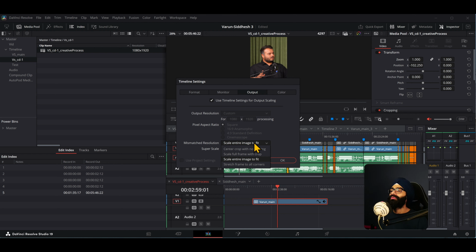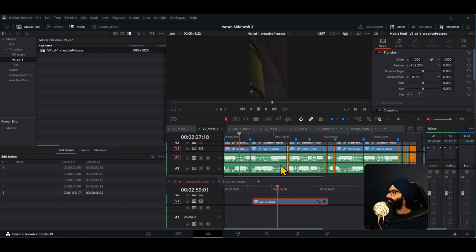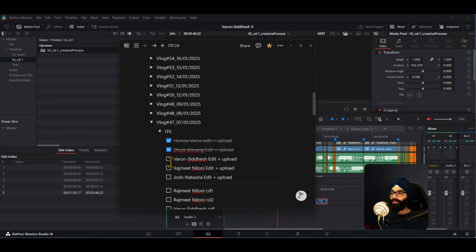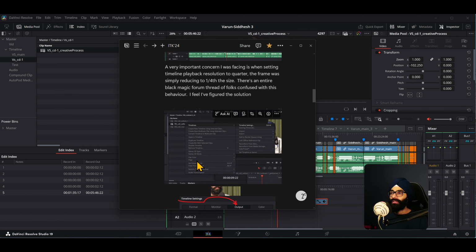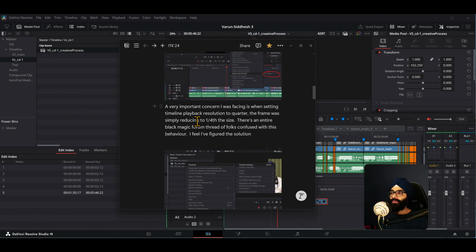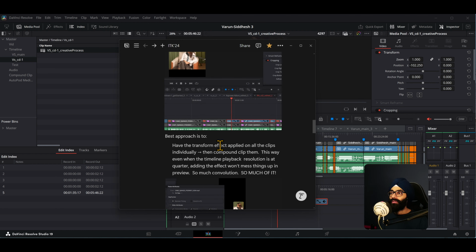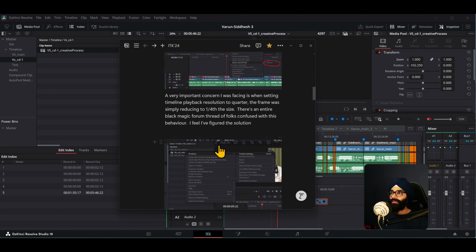Which one was supposed to be center crop no resize? It was this one, center crop no resize. Wait, it was here. Very important concern I was facing. Timeline to quarter. Yeah, that was here. Scale entire image to fit. But what I'm looking for is